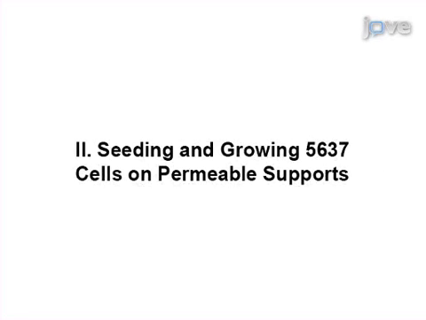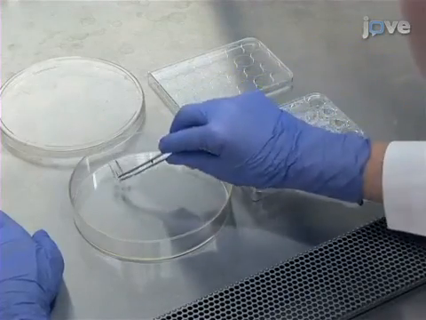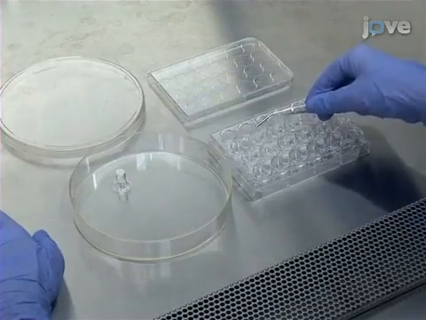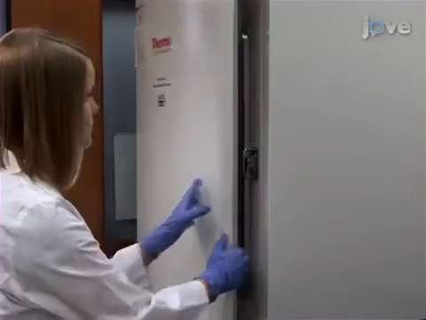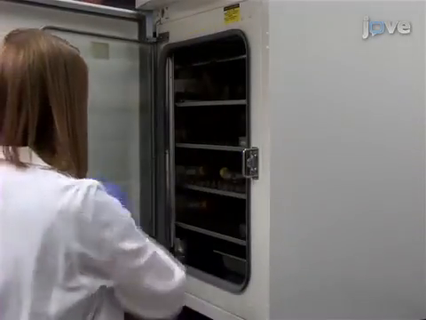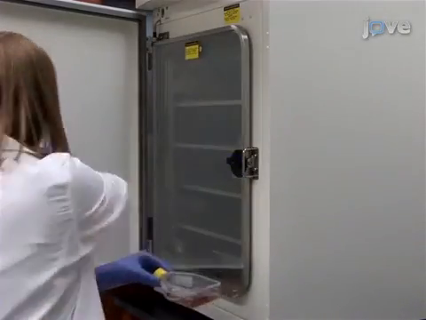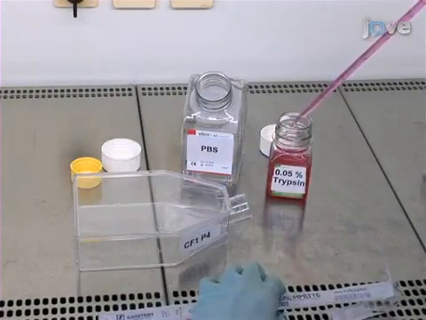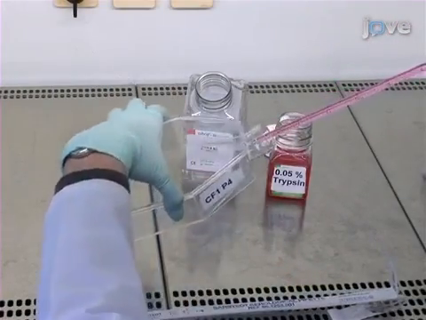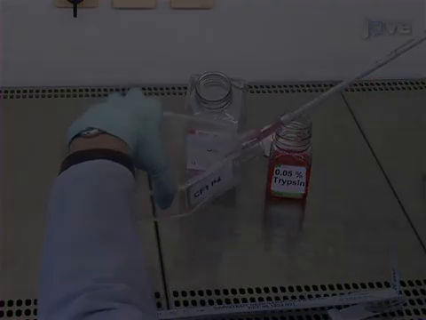Perform this procedure in a tissue culture hood using aseptic technique. Using sterile forceps, invert the permeable supports in a sterile 25 mm deep tissue culture dish. For optimal results, use 5637 bladder epithelial cells that have undergone fewer than 10 subcultures. Trypsinize a 75 square centimeter flask of 5637 cells at 95% confluence, according to the written